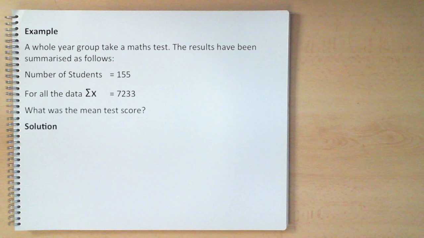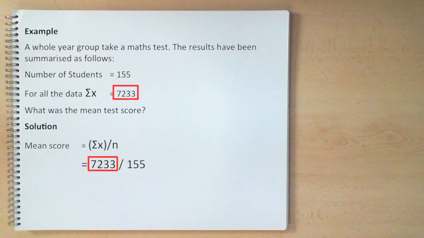Well, the solution is that the mean is the sum of all of the data divided by the number of items of data. So in this case it's clear that the mean score is equal to sigma x over n, which in this case is 7,233, because we're given that data above in the question, divided by 155, the information we're also given in the question. So that means our mean is